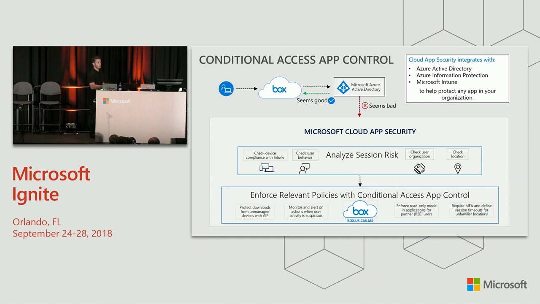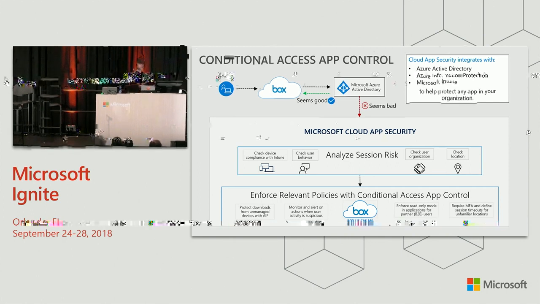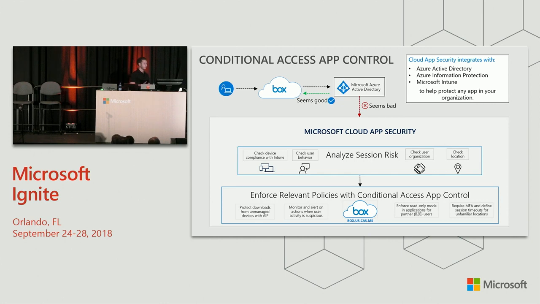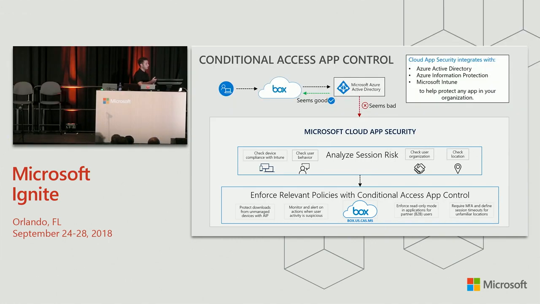Within the login, AAD will do the first inspection. It will check whether this is a risky session, whether there is any indication that it needs to redirect this session to CloudOps Security, or whether this is a legitimate session with no risk. If the session is no risk at all, from a managed device, from a known IP, from a known user to an application that is medium risk, the session can then go directly to the cloud application, and CloudOps Security will not have any effect on this session. And this is very powerful because with these kinds of real-time controls, if there is no reason to have additional controls, you don't want any interference to the user experience. You don't want to have this man in the middle.